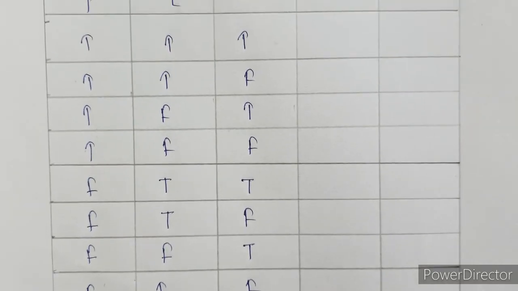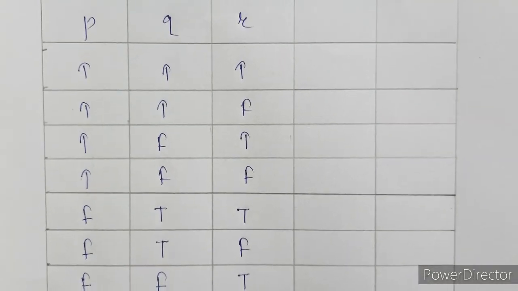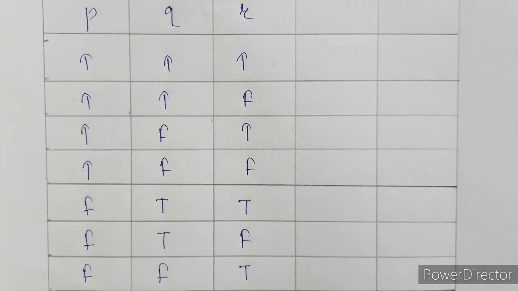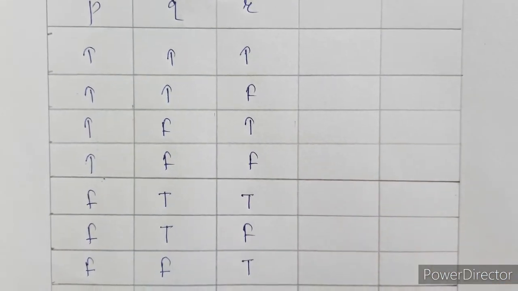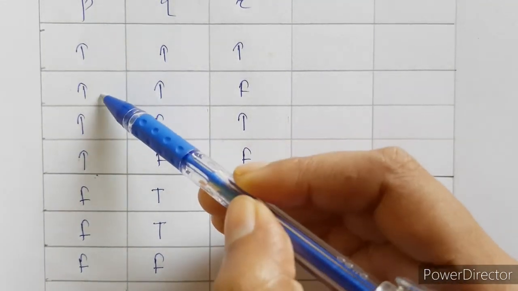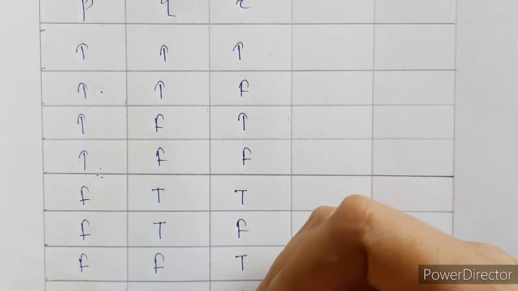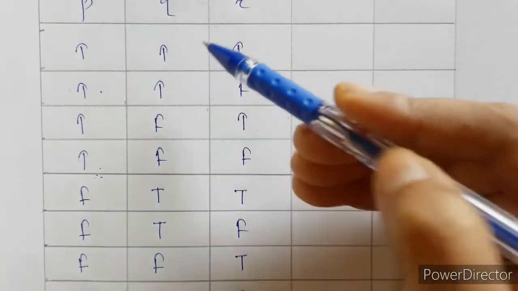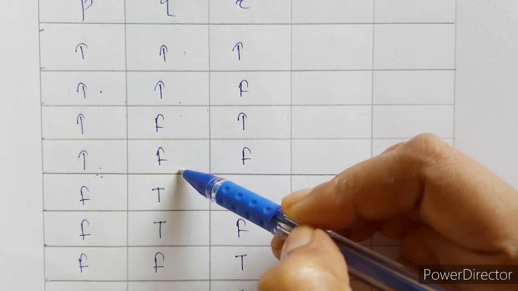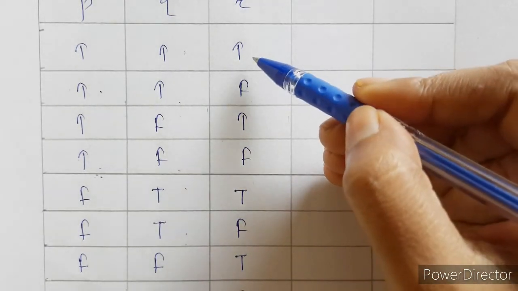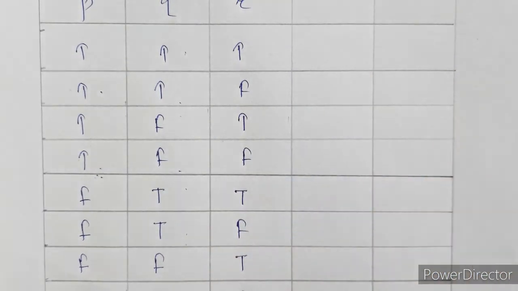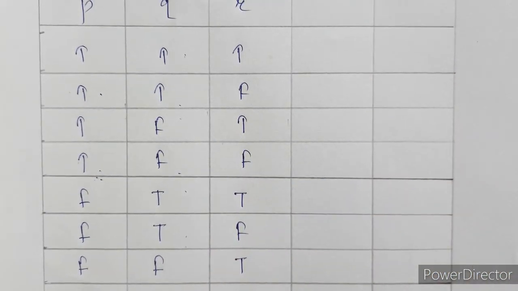Now the way of writing this: since we have three statements, we have 8 cases. Whenever we have 8 cases, we divide them into 4 and 4. So this is a way of remembering this. We can write 4 trues and 4 falses, then half of 4, 2 trues and 2 falses, again 2 trues and 2 falses, and then half of 2, 1, 1, 1, 1, and so on. So this is a way of remembering all possible cases.